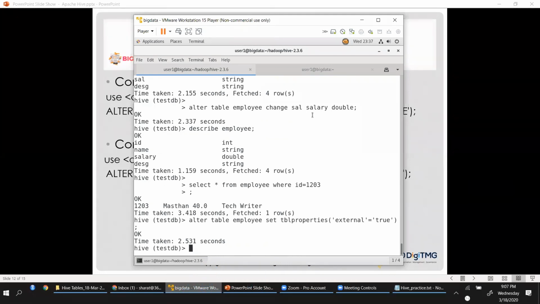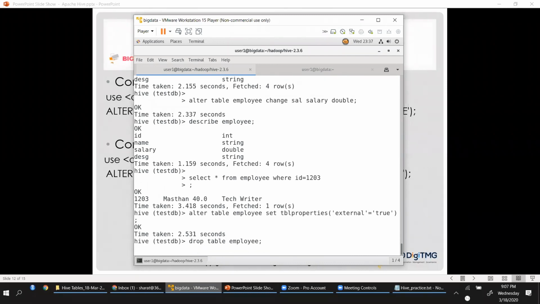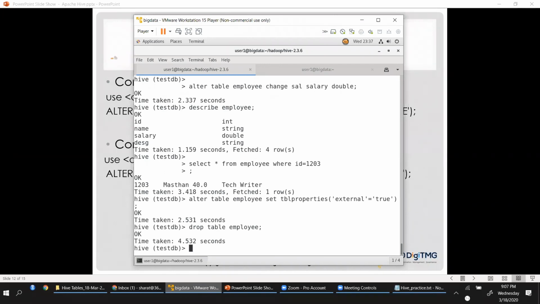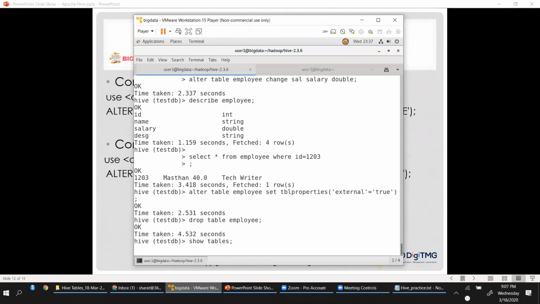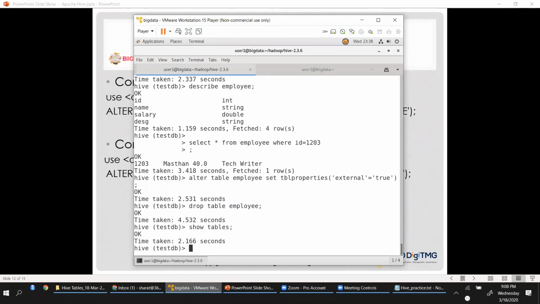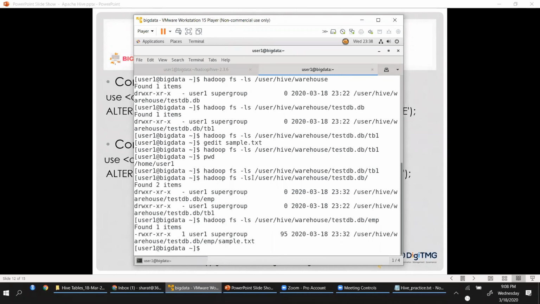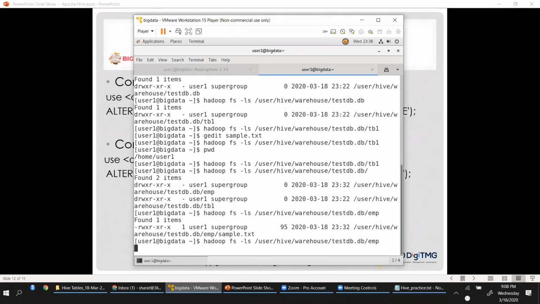Now let me show you the disadvantage. I'll say drop table employee. The table is dropped now, right? I'll say show tables. There are no tables, but this would not delete sample.txt. You should not delete the sample.txt because it is now not managed by Hive.